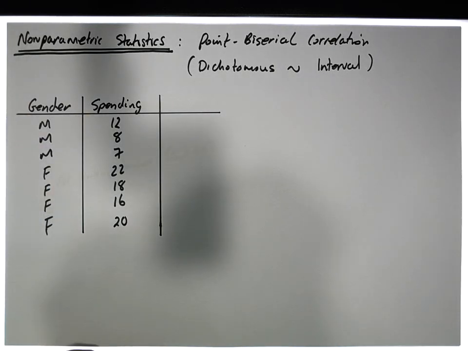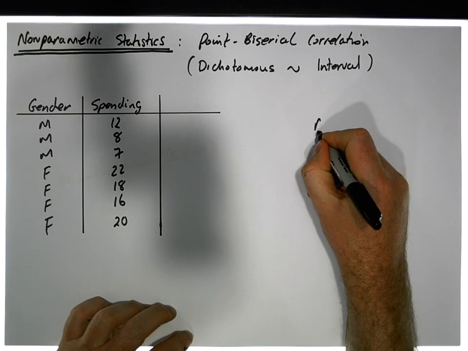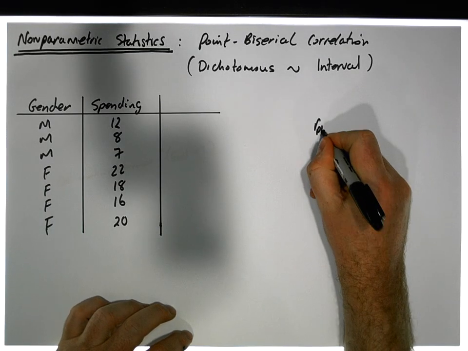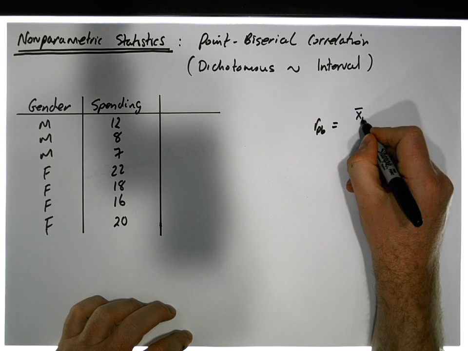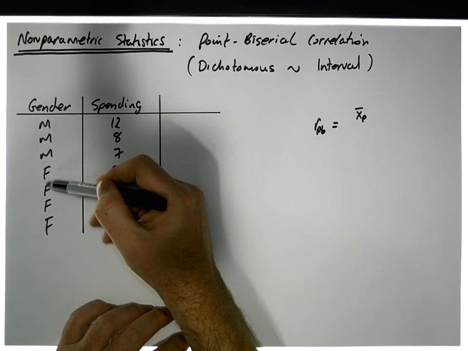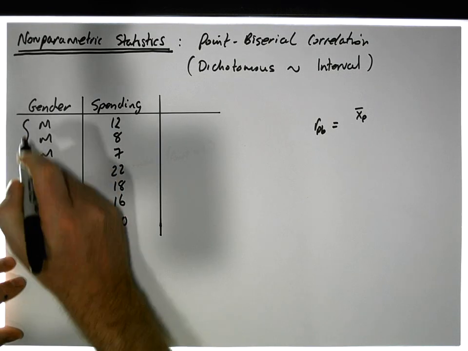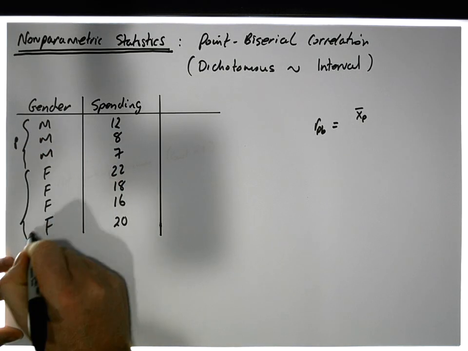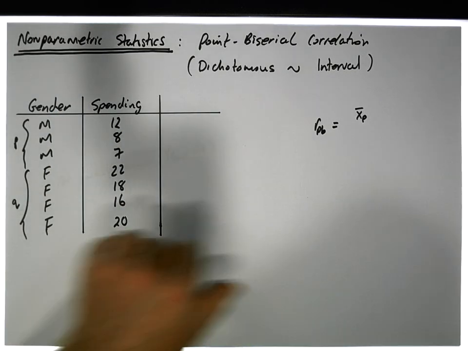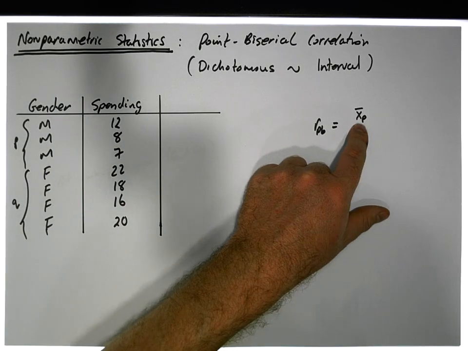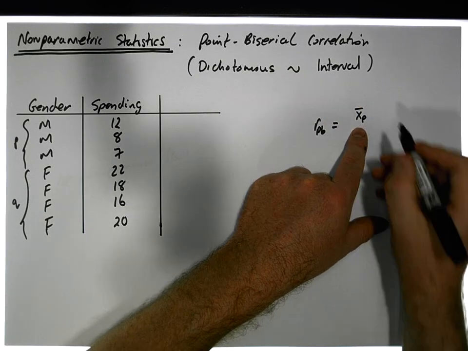To calculate this statistic is actually quite straightforward. The correlation coefficient r_pb, point-biserial, is calculated with two groups. We're going to call the first group P and the second group Q. The groups are defined by the dichotomous variable. So X̄P is the average on the interval ratio variable for the first group, minus